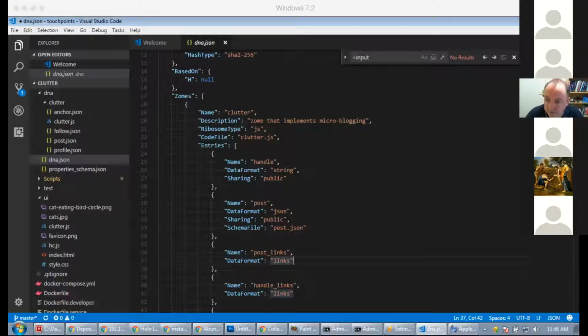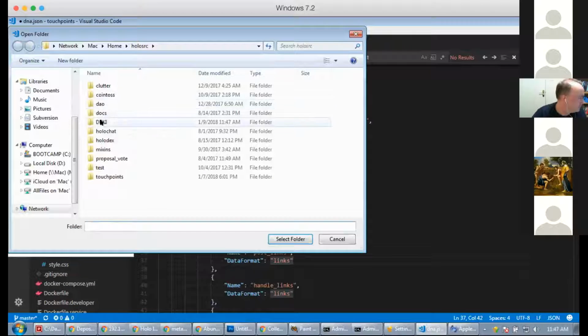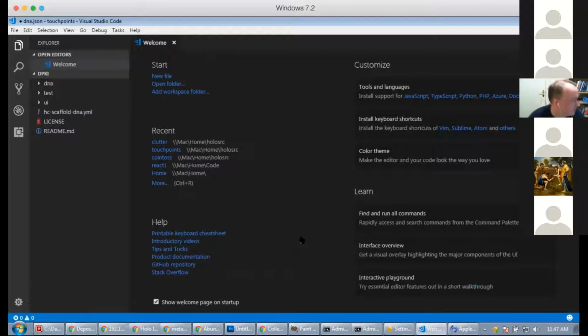I guess I'll spend the last couple of minutes trying to do my best to explain where identity ties into all this. So we pulled up DPKI.